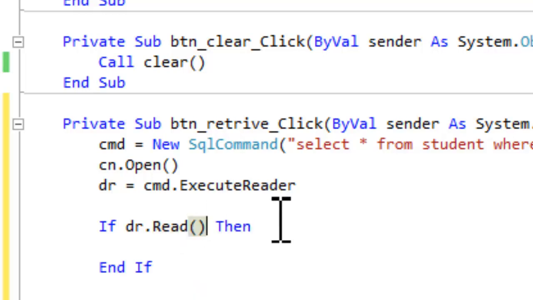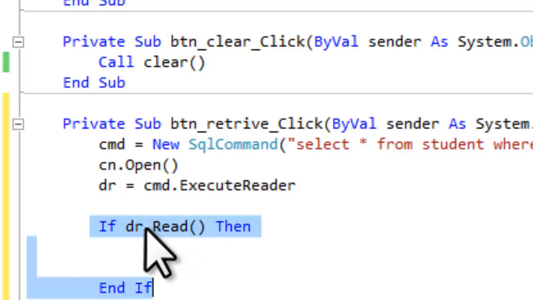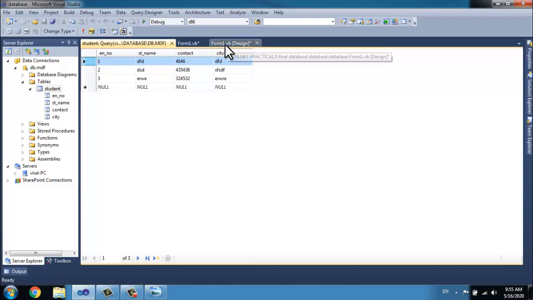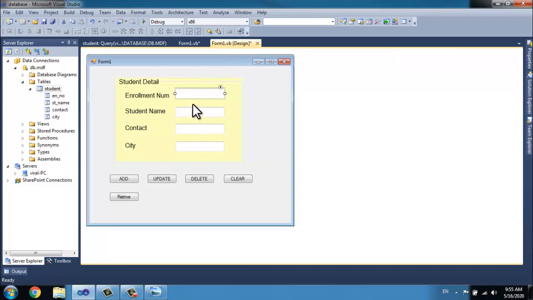If the condition is true, it means a record is found. If data is available, then the condition is true. Then this information, student name, contact and city, will be displayed in the text boxes which we have designed in our form. These three values are fetched for the enrollment number which we have entered.